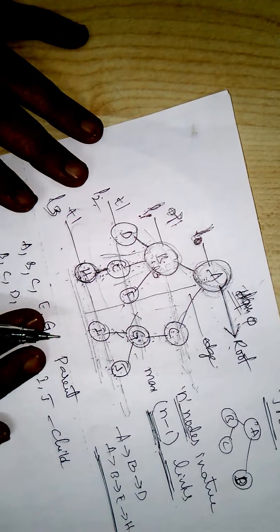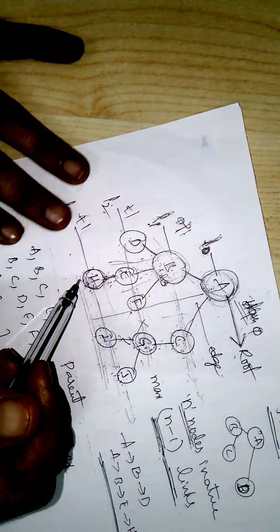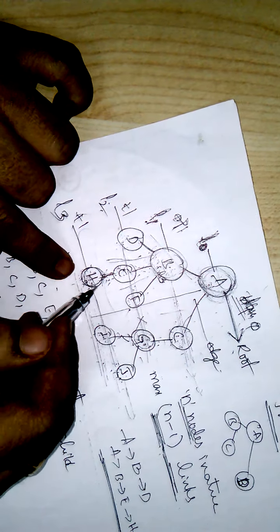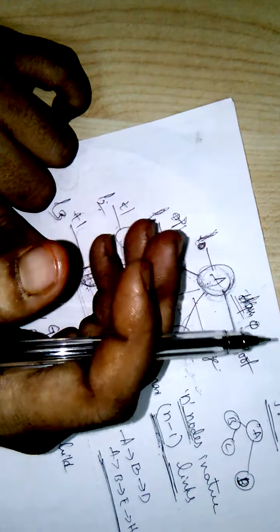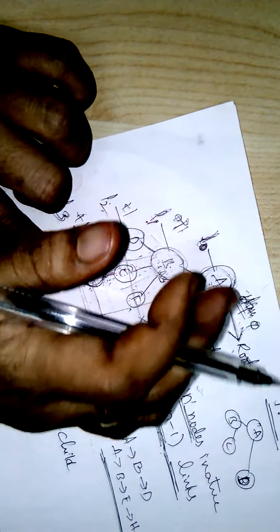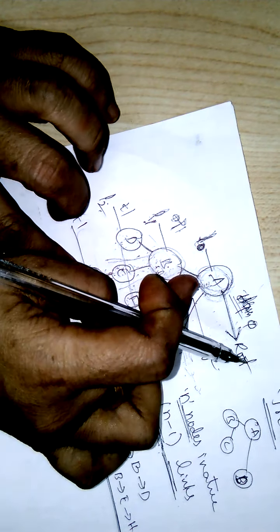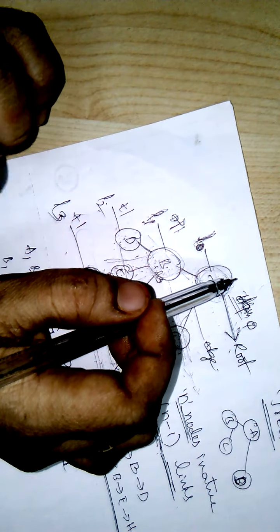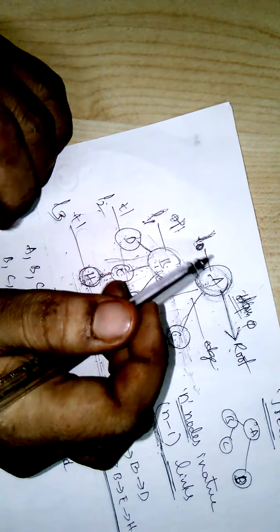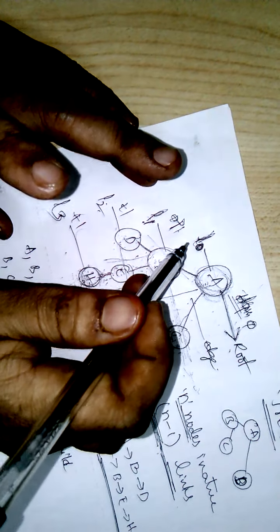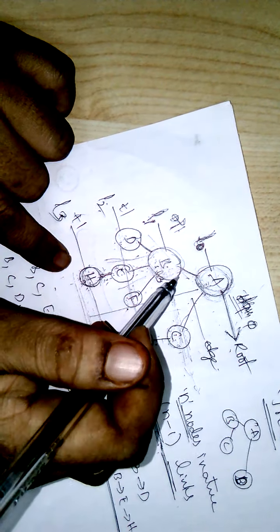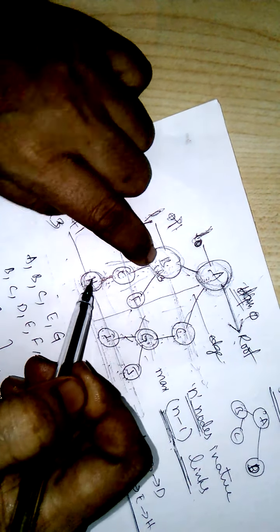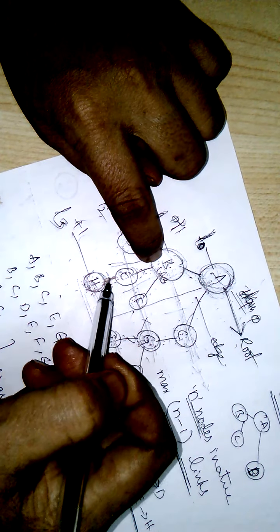Height is the number of edges that lie from any leaf node to a particular node. If you want a leaf node, it means H. Leaf node to particular node, that is called height. Whereas depth is the number of edges from root to a particular node or leaf. So what is height? The longest path or number of edges from leaf to a particular node. Suppose we take the height of B from a leaf: 1, 2, this is the height of B.